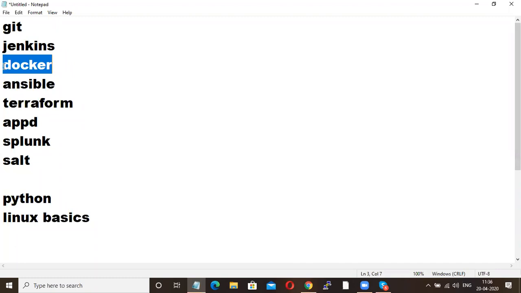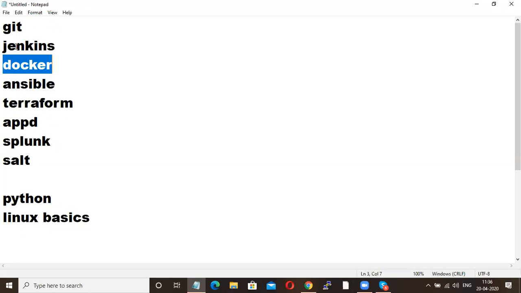All these 3 tools are completely CLI based, that is command line prompt tools. It's not like Jenkins, AppD or Splunk. Still, the recruiter will look for these 3 tools in your resume. If you specify these 3 tools in your resume, you will get calls.